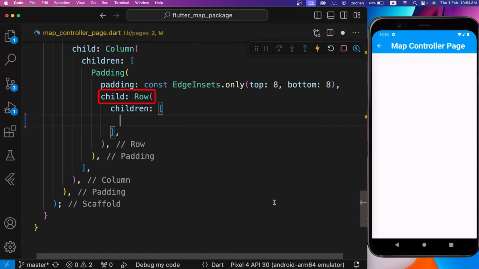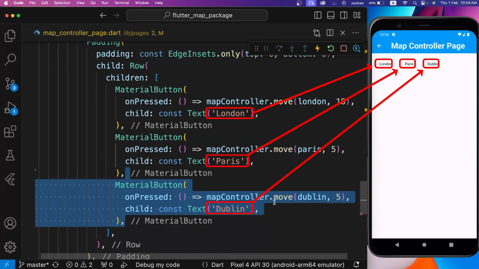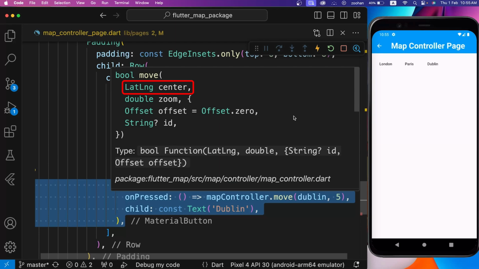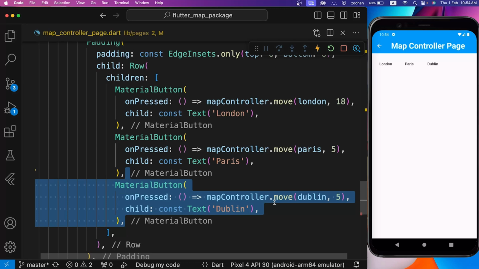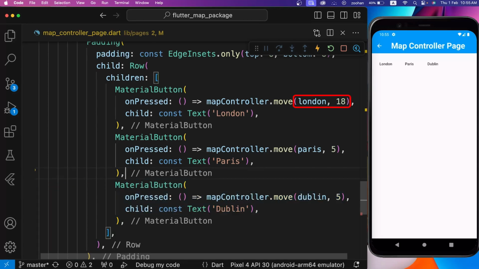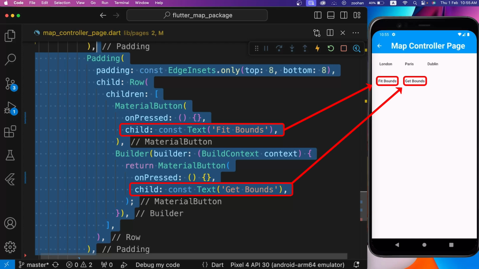For the first child, we are using a row with 3 buttons. We are moving the map controller to center the London, Paris and Dublin cities with the move property of the map controller. After setting the city location, we are using the zoom level 18 for London and 5 for Paris and Dublin. For the second child, we are using 2 buttons in a row to fit bounds and get bounds.